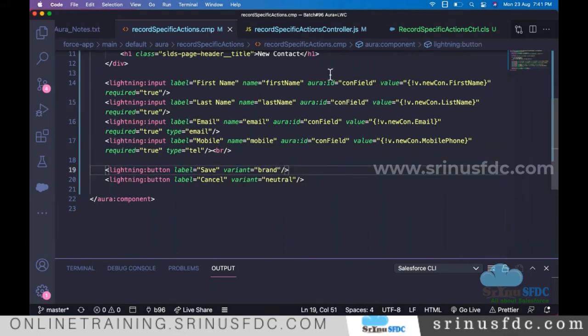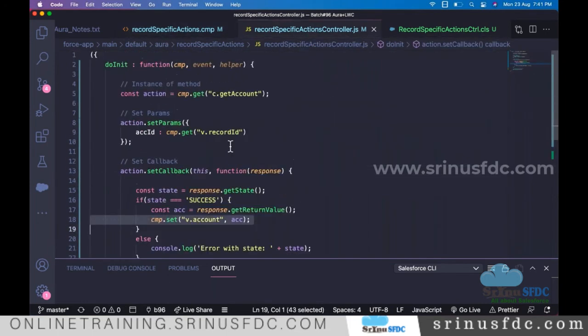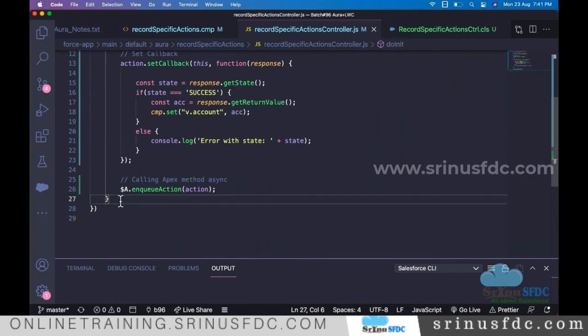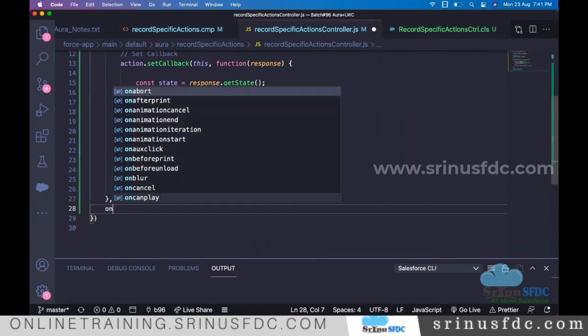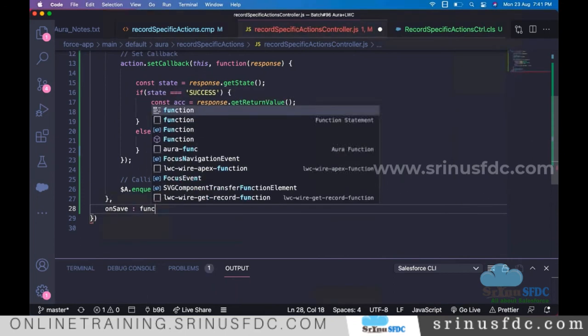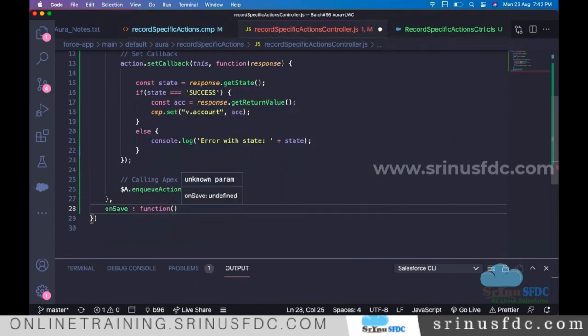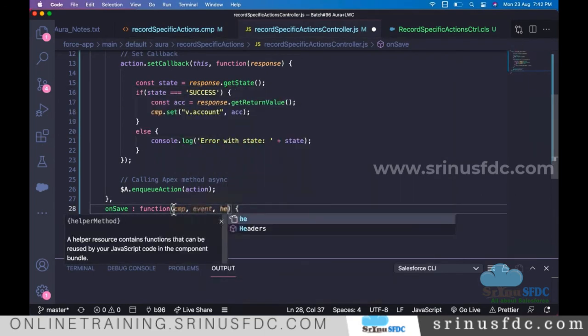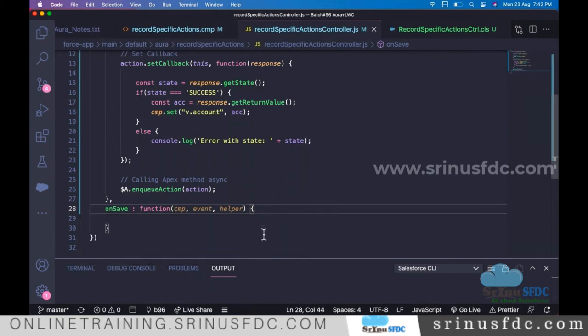For that, we should have a function here, right? So when you have multiple functions here, we say comma, and let's say onSave is one of the methods we are going to use, a function. So we have the component, event, helper, all those things.